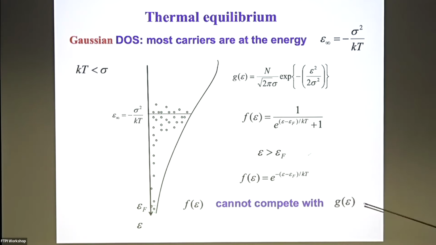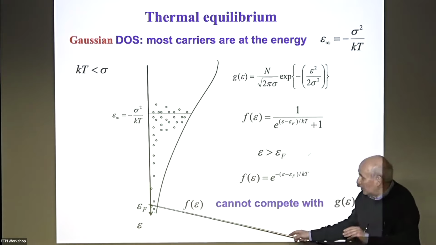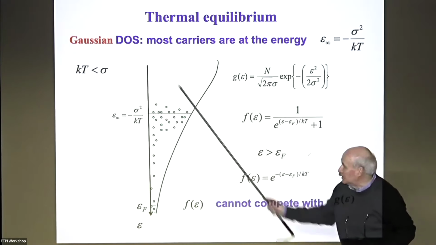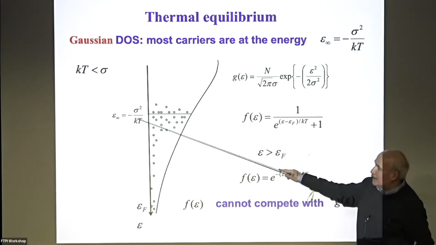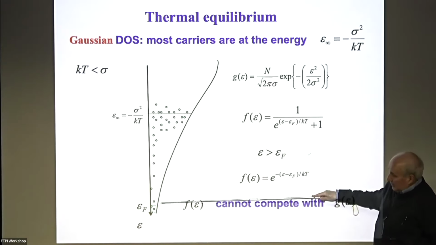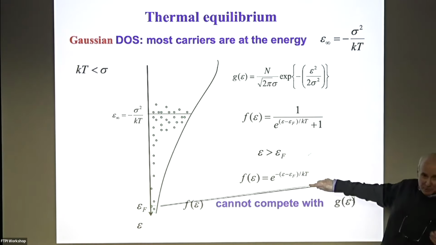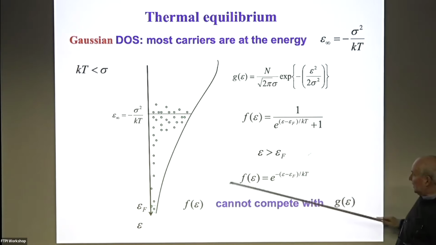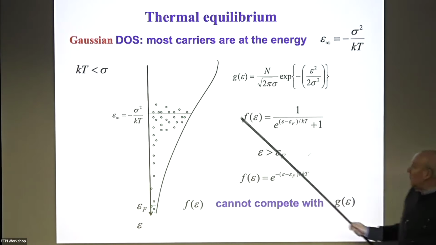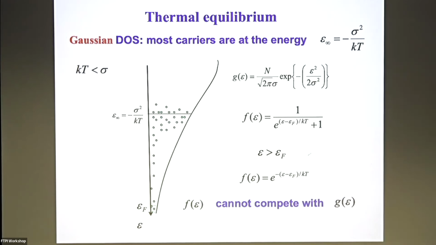Now we change the density of states. We look at the Gaussian density of states, thermal equilibrium, Fermi level, everything's fine. KT is smaller than sigma, and now electrons are not around the Fermi level. Most electrons are sitting at some so-called thermalization energy. Why? It's very clear. We repeat this provocation. We say, okay, the number of states increases upwards, the filling decreases upwards, but the number of states increases much steeper. So the Gaussian function beats the Fermi function.